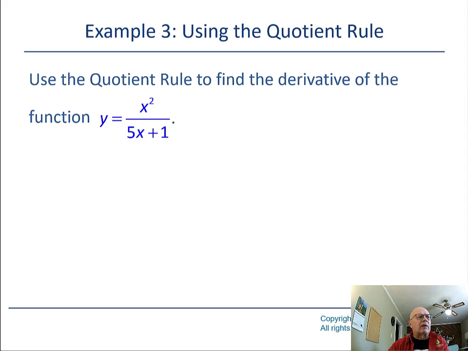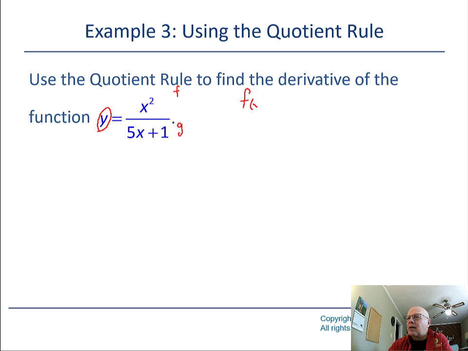Now, your book, as well as some of the others, have a small suggestion that you might want to use to begin with. First of all, here's your y. That's your rational function. Function on the top, function on the bottom. And we call that f, and that's g. Now, what they suggest is, before you get started on the quotient rule, or even the product rule for that matter,